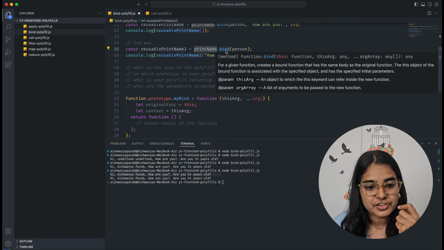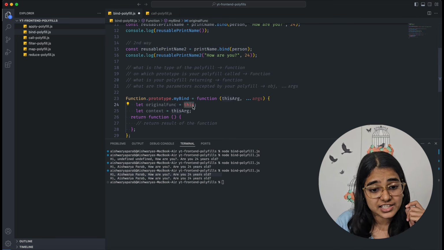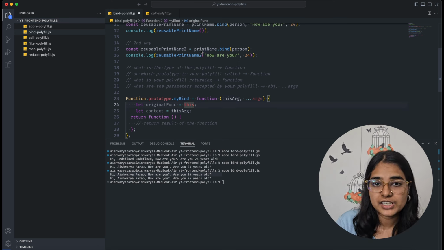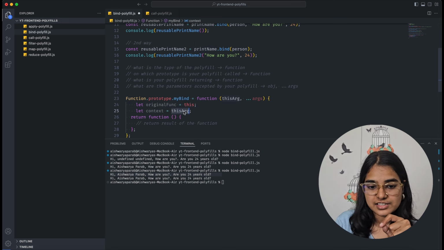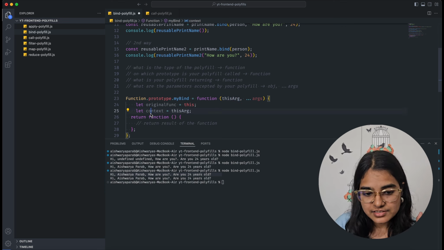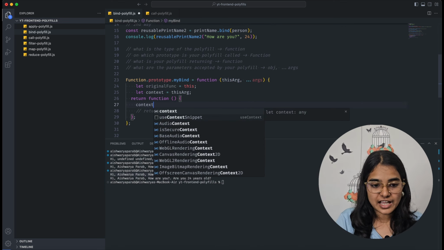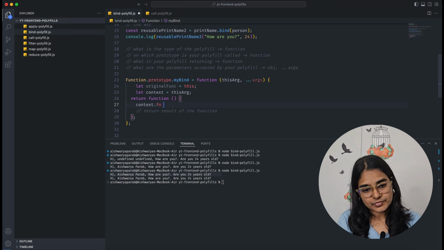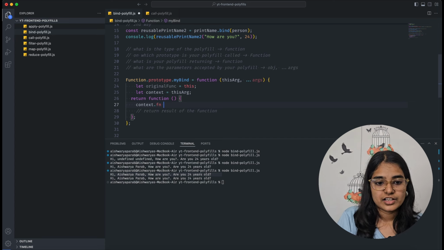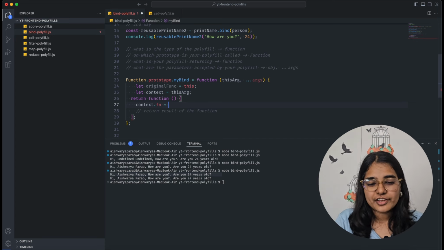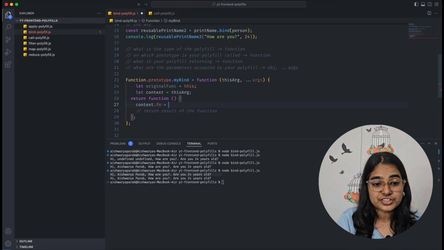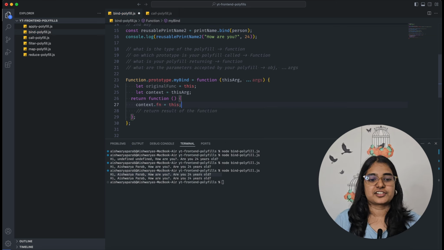If in my bind function I'm using the this keyword, then this will be pointing to the printName function, and thisArg is your parameter here, and it is currently context. In this particular object I'll attach a function. I'll attach a function fn. You can call it anything, and this function is going to be my original function.